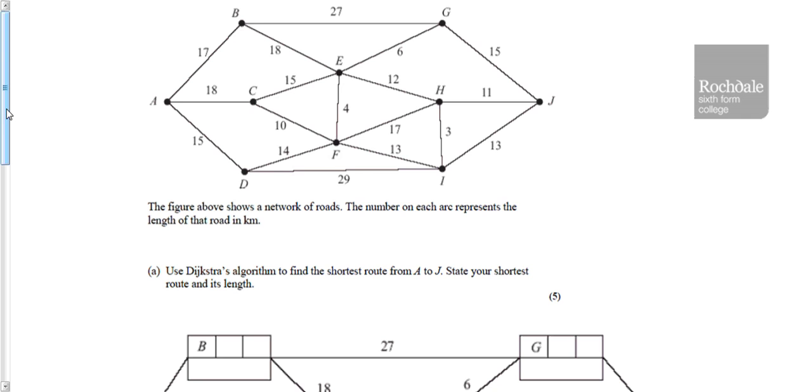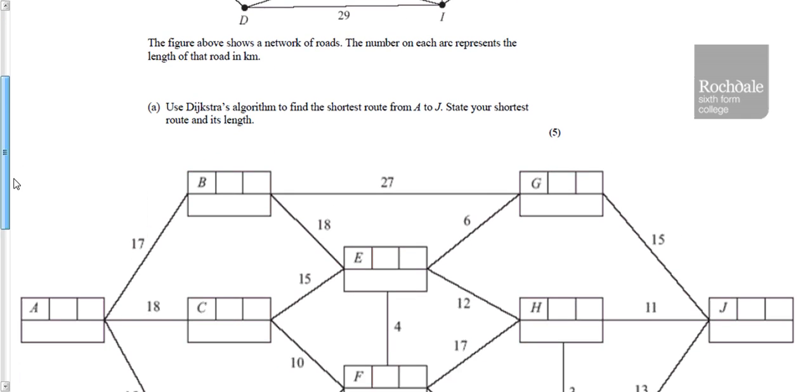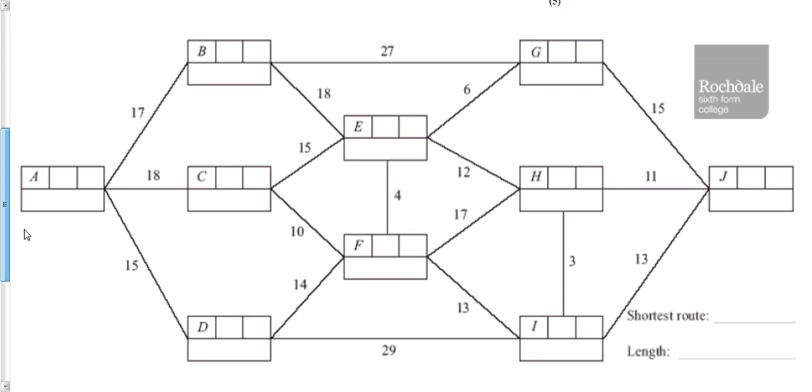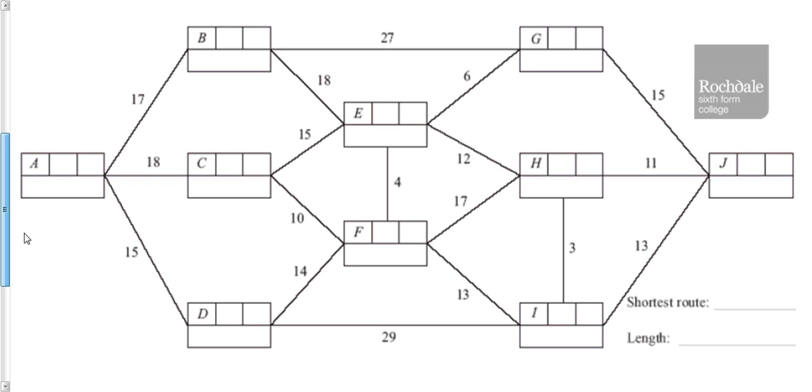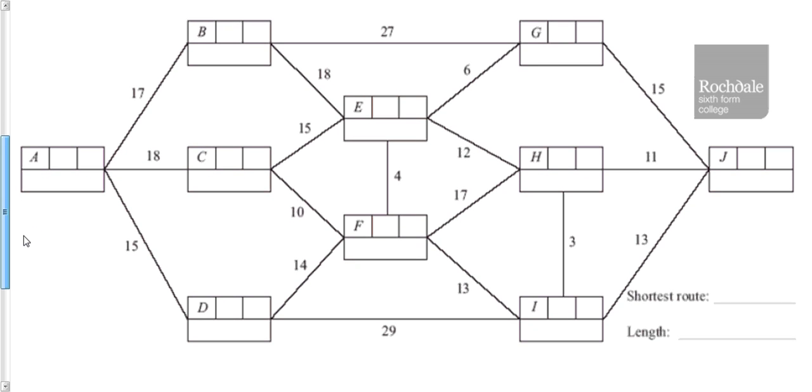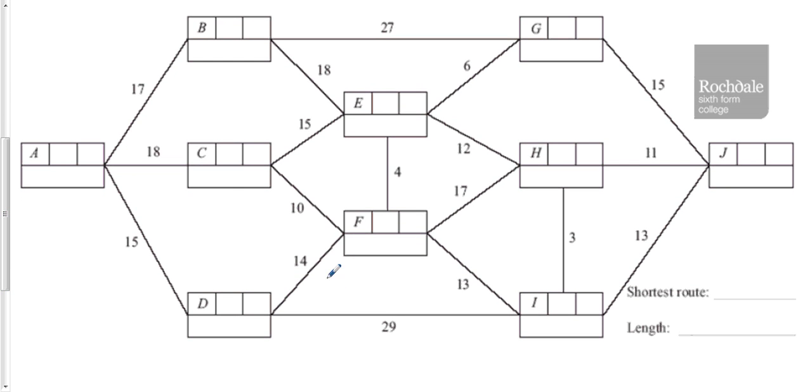For a Dijkstra's algorithm question, in an exam, you'll always be given a blank diagram similar to this. Usually in an exam there'll be a key reminding you what each part of these boxes represents. On this one there wasn't a key, so here's a reminder. The bottom cell is for our working values, and that's the numbers that we keep updating as we work through the